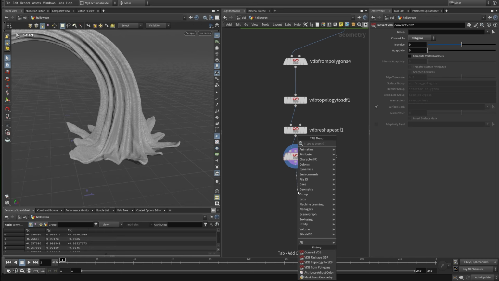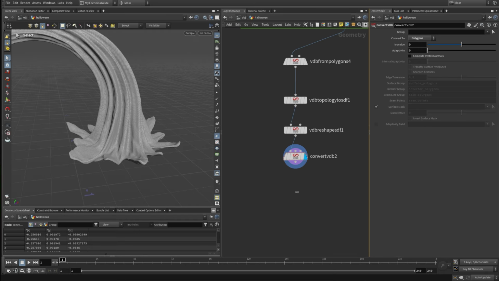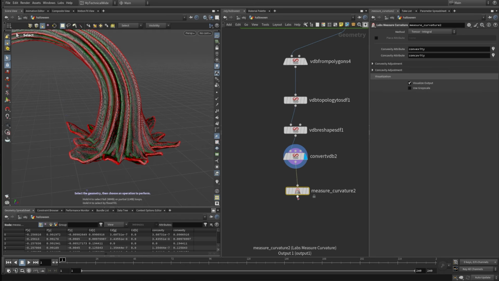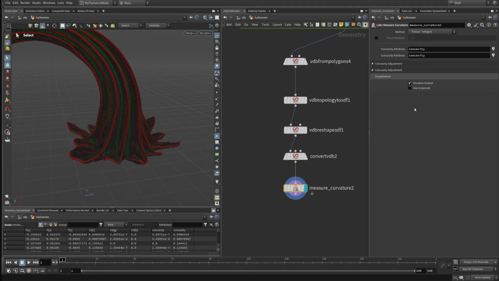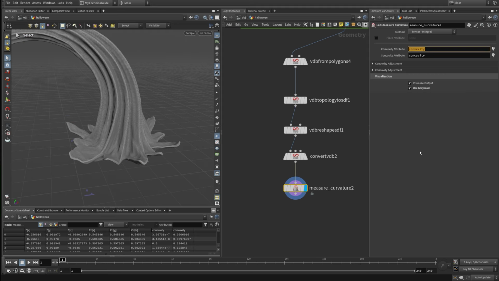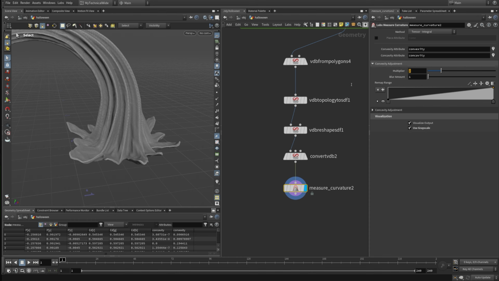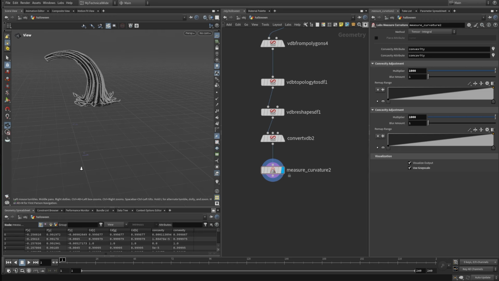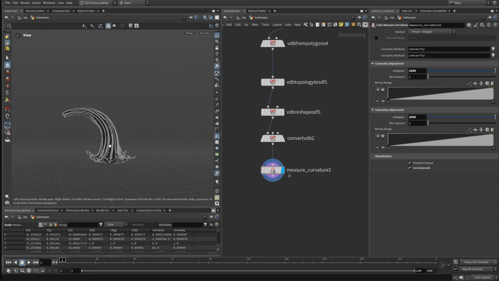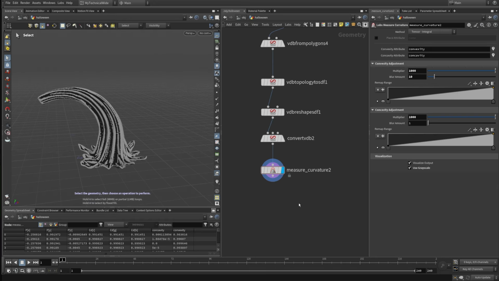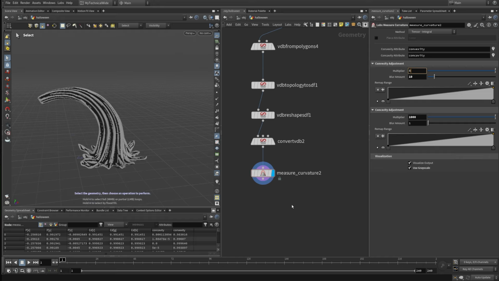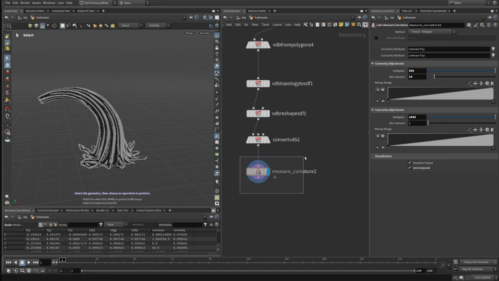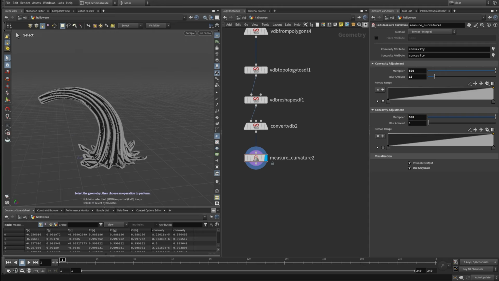We're going to measure the curvature. Labs measure curvature. We're going to set this to grayscale. I'm going to set the convexity to 1000, and concavity as well. Let's do 1000 and 1000. Okay, something more like this. You can also blur it a bit. So for example, if we do 10 blur, maybe 1000 is too much. Let's do 500 and 500 here. It's a little bit hard to see, but once we apply the color, we will be able